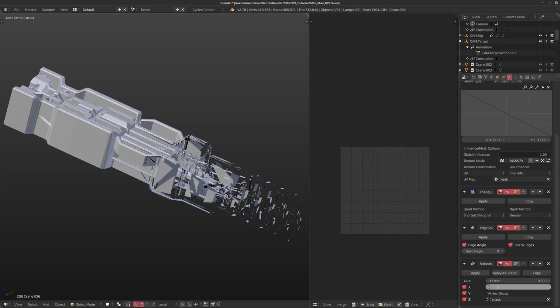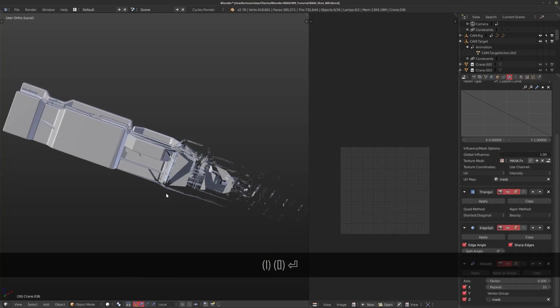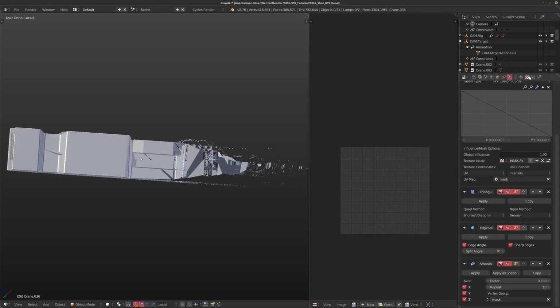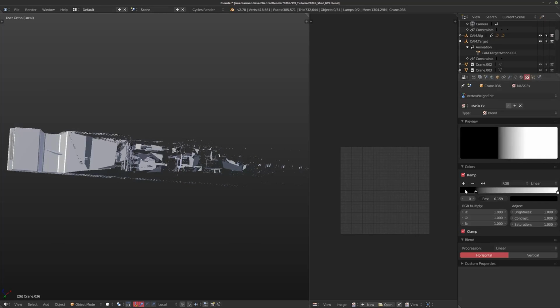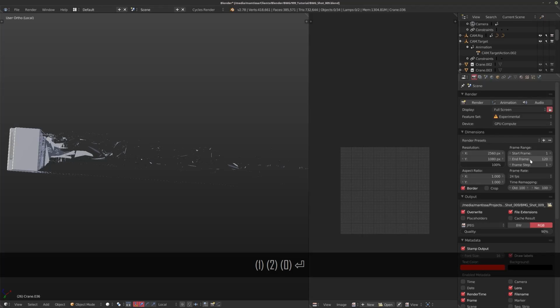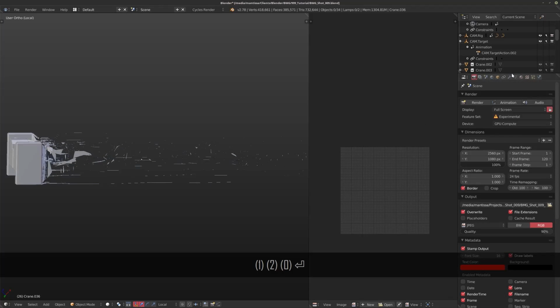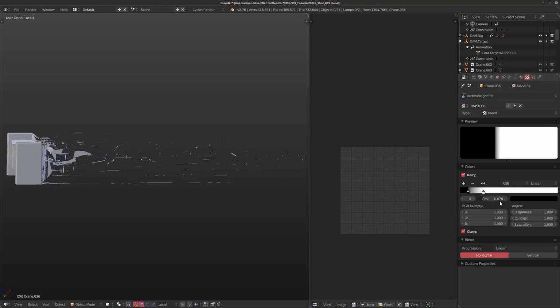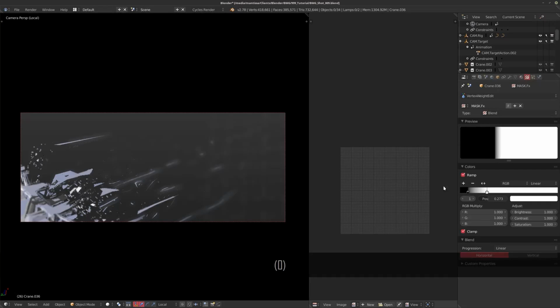So if we add the smooth in and we just hit repeat a couple of times, then we can go back to this ramp and we could actually animate that. And you can see as I'm moving this in, what I would do is I'm just going to see where my end frame is and do this for 120 frames. So for the first frame, I'm going to keyframe the position here. So let's say I want a part of this being done, and you could go into your camera view to see what's going on.